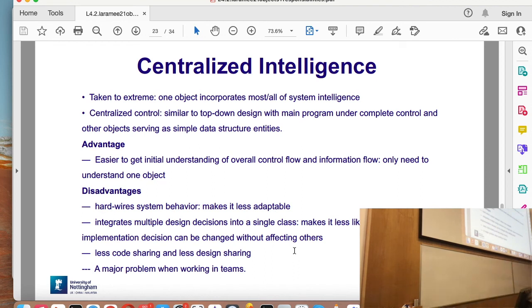Say it again. Is it the idea that you know that everything's going to be in that one function? All of your problems are going to be in that one function. You don't have to go looking through all the different classes to find out issues. I suppose that's one advantage. You know that the problems are all going to be in that one function. Could anybody think of another advantage?